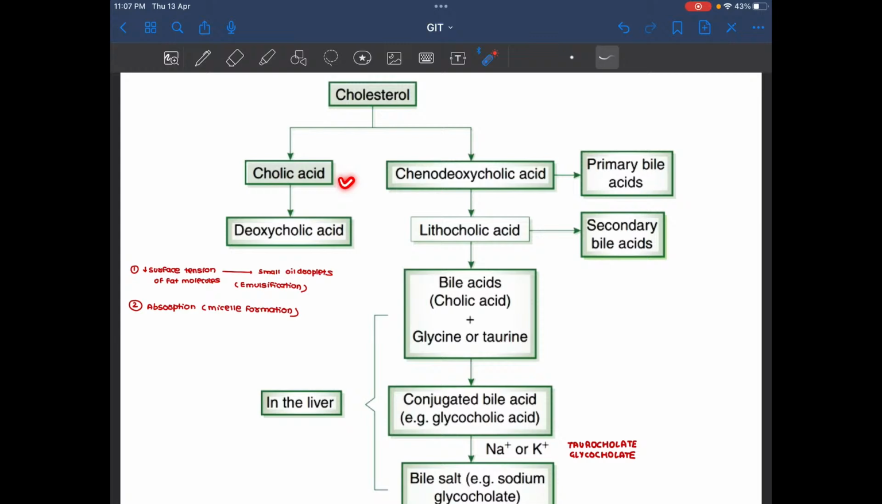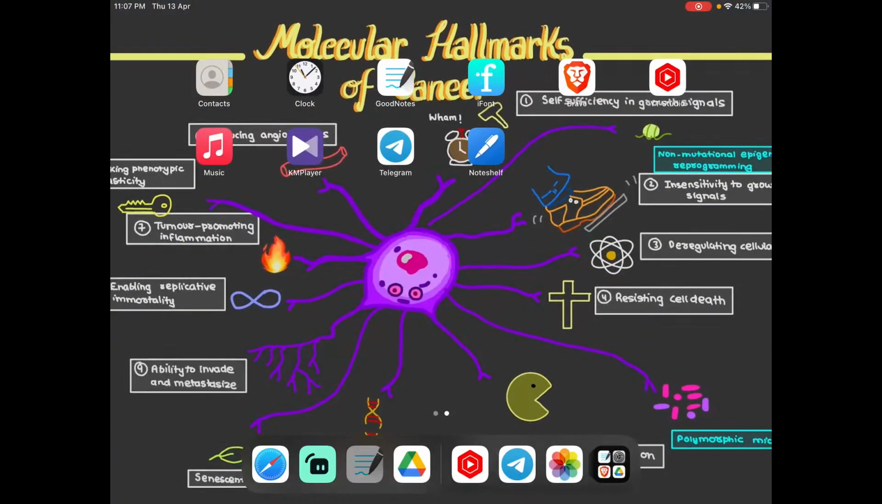However, this cholic acid can get converted into deoxycholic acid, and this chenodeoxycholic acid can get converted into lithocholic acid. So these are your secondary bile acids. Whenever these bile acids are conjugated with glycine or taurine, they're going to become conjugated bile acids. And whenever these acids are